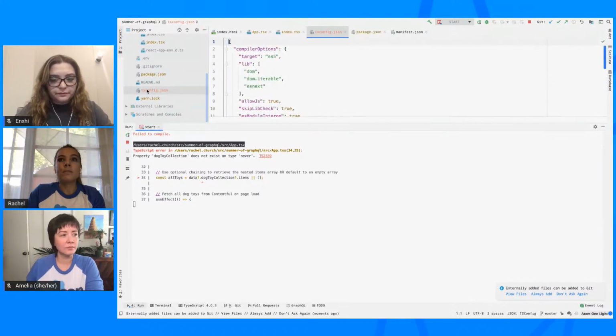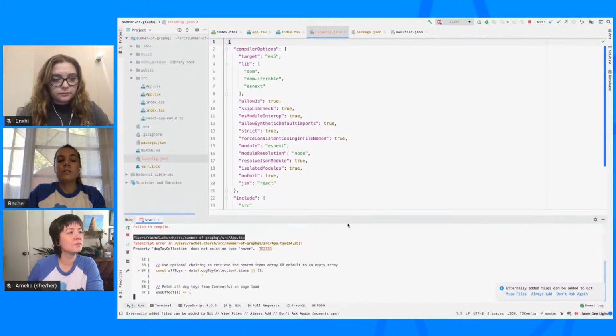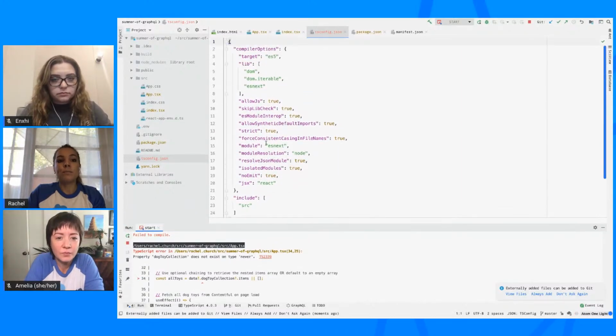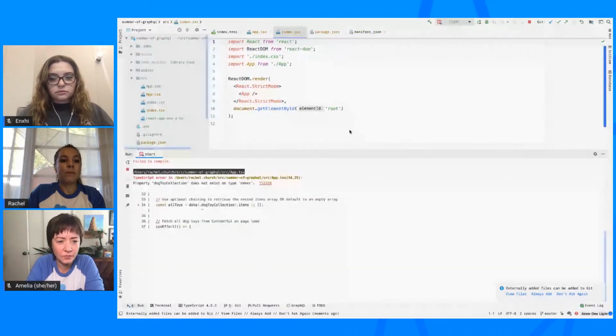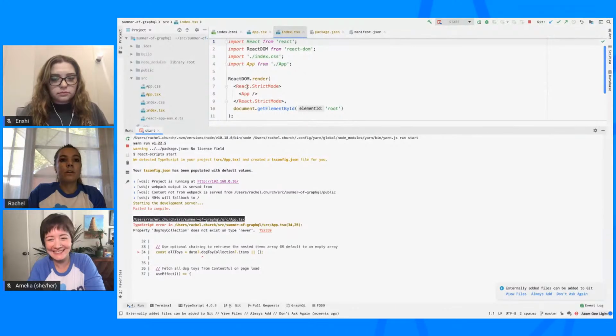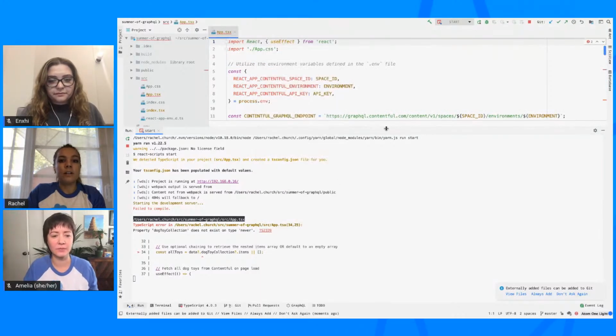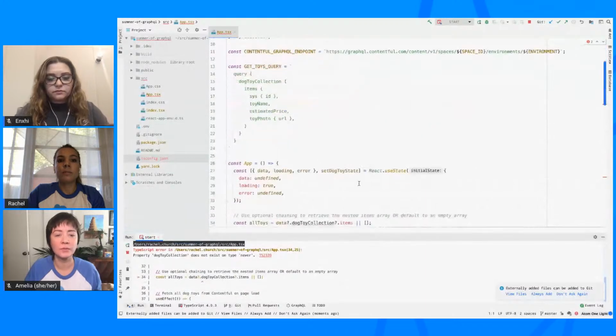And so this file just popped up. And this is telling Webpack the rules for compiling TypeScript. You don't have to worry about that too much, but just be aware that it magically happened for us. So we already have type errors here. It's telling us that inside of our App.tsx file, there's an issue. It's saying on line 34. So in my IDE here,